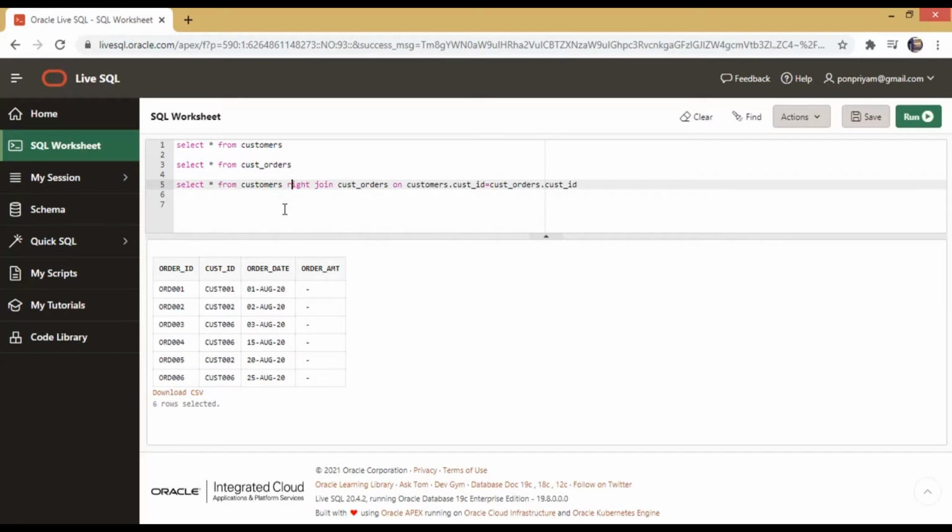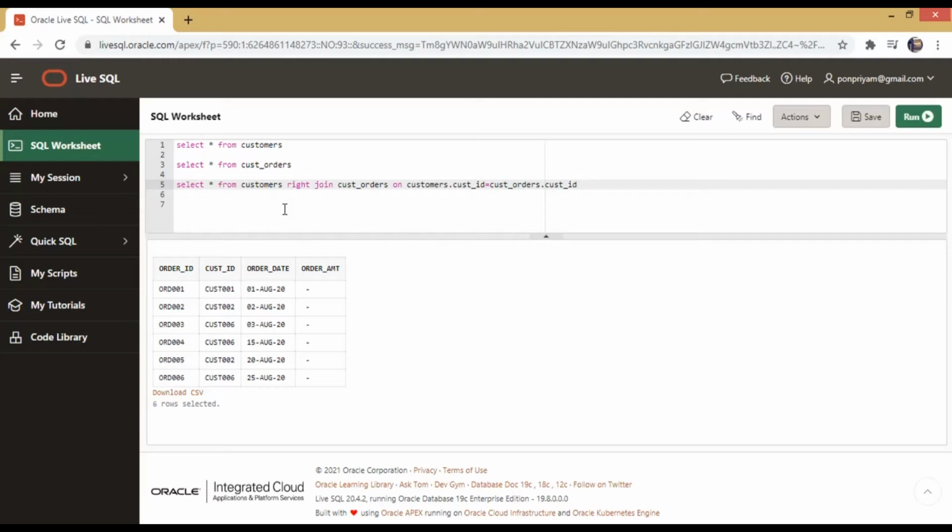Now in the left join, all the records from the left table were displayed irrespective of their corresponding customer ID, if there was an entry in the second table or not. If there was an entry, corresponding records was displayed along. If not, a null was filled in for those attributes.